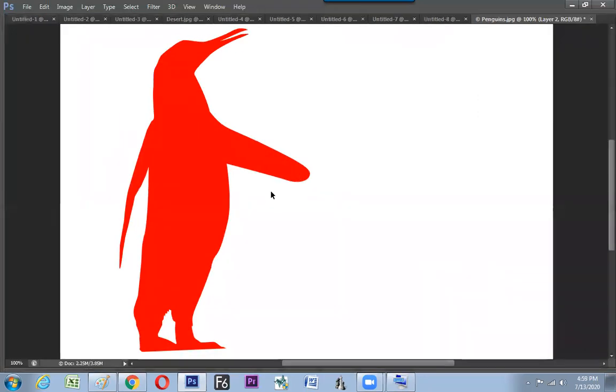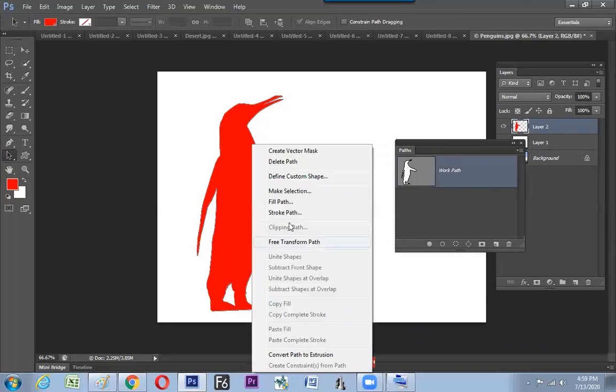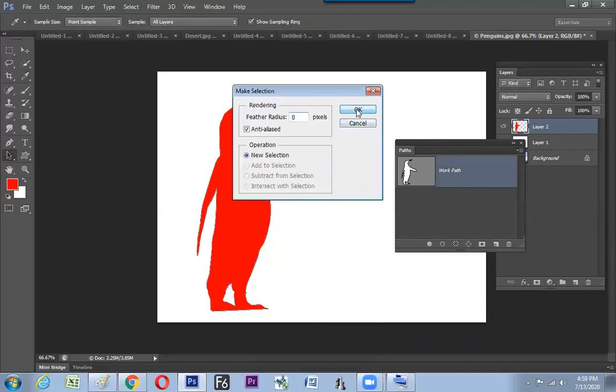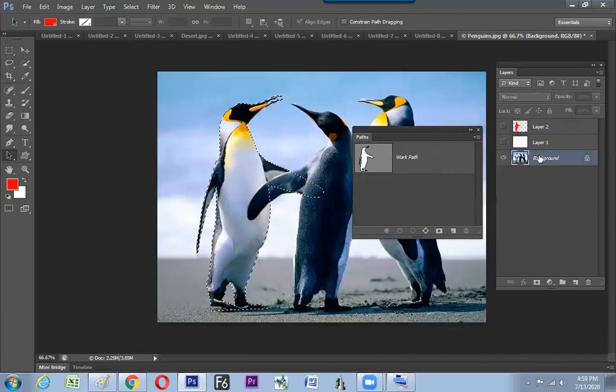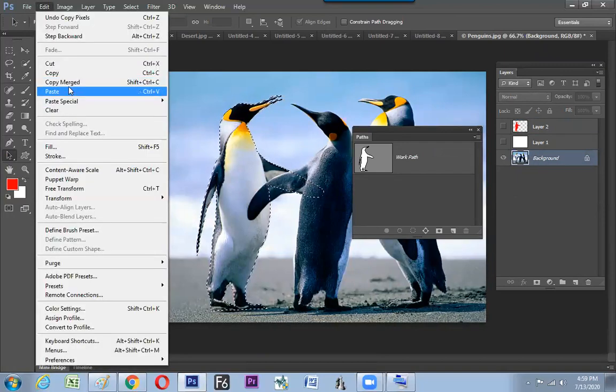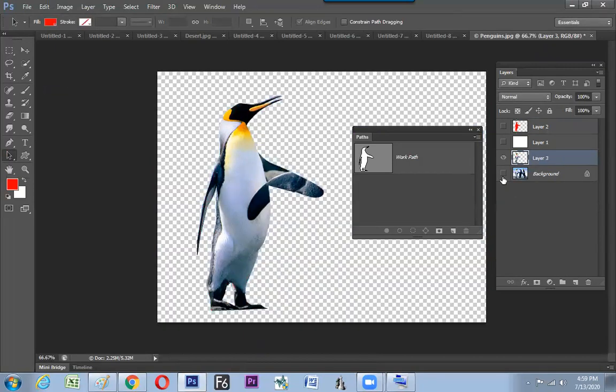So you got to know how the pen tool can help us to make a photo cutting. And this selection could be used to do the photo cutting. So how to use this for photo cutting? Give a right click, make the selection. Once the selection is done, then switch to the layer where the photograph is. Then do the copy paste, make photo cutting ready. Photoshop is very easy. What is there in Photoshop? Just photo cutting has to be perfect.